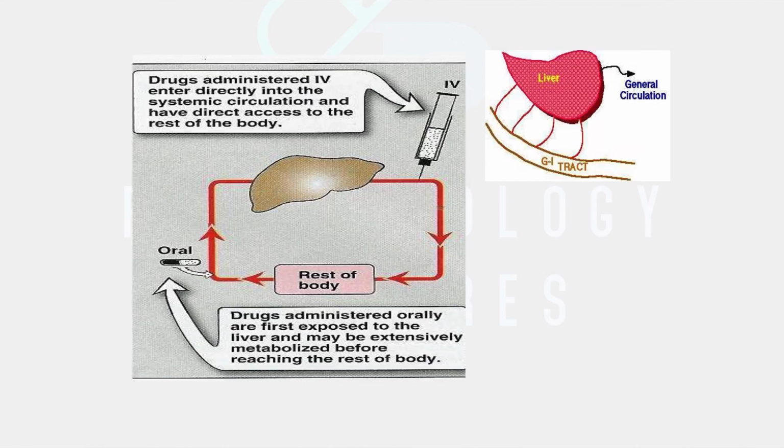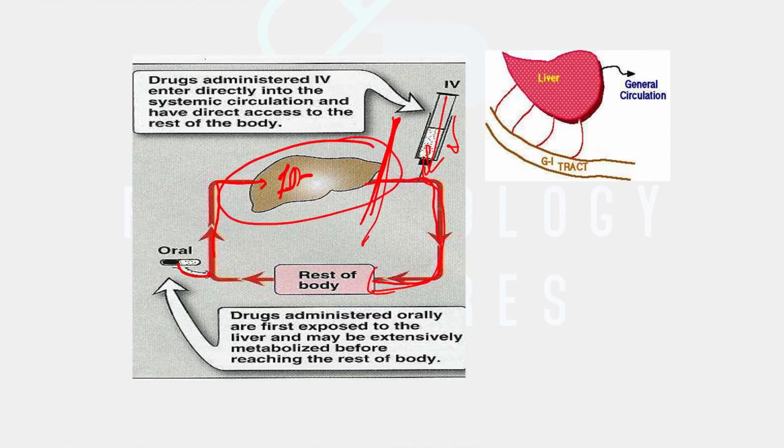So here you can see we have given the drug orally, it reaches first to the liver, where it gets metabolized, that is called first pass metabolism, and then it reaches the rest of the body. Okay. Now if we give the drug IV, this area will be bypassed and the drug directly reaches the body, bypassing the liver and first pass metabolism. And that is why in emergency situations and in situations when we want higher concentration of the drug, we always prefer